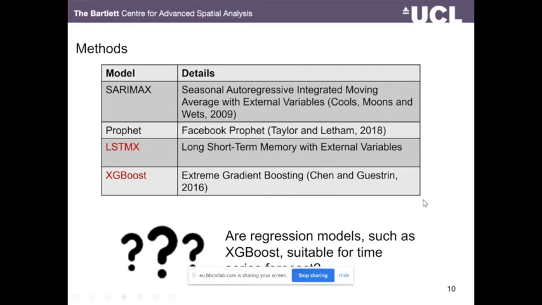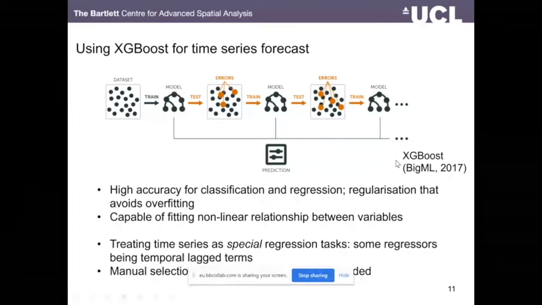Here we compare the performance of 4 different models: the seasonal ARIMA with external variables, the Prophet model from Facebook, the LSTM, and also XGBoost. For the first 3 models, you may know that they are very typical time series models. And the last one, XGBoost, is a classical model for regression and classification. Some of you may wonder whether regression models are suitable for time series tasks. So briefly,